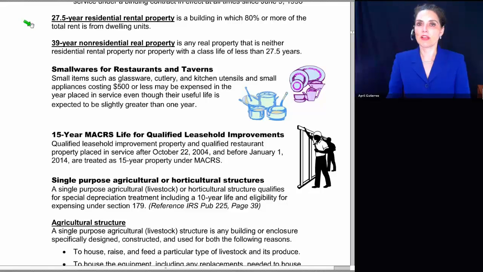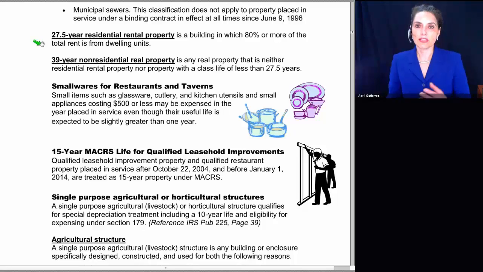27.5-year property applies to residential rental property. And residential rental property is a building for which 80% or more of the total rent comes from dwelling units. And the reason they have that percentage there is it's possible, and I certainly frequently see it here in Portland,